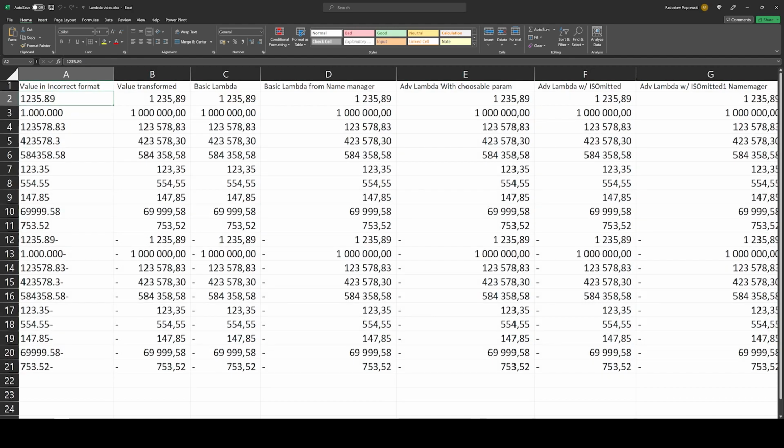Because of my original settings in Windows, for me the decimal separator is actually a comma, but here it is different, because in this specific cell the decimal separator is a dot. So regardless of whatever I try, this will always be a dot and will not be recognized as a number